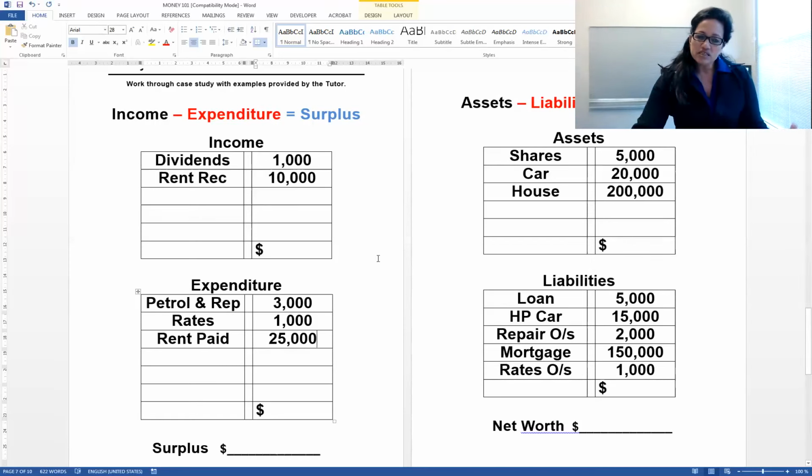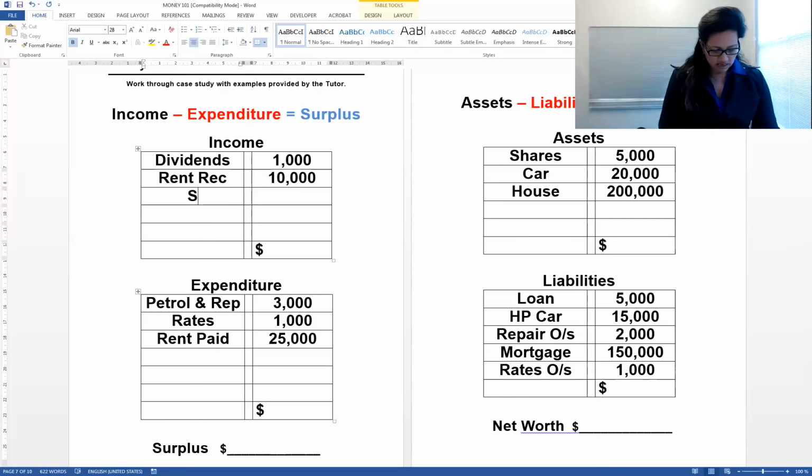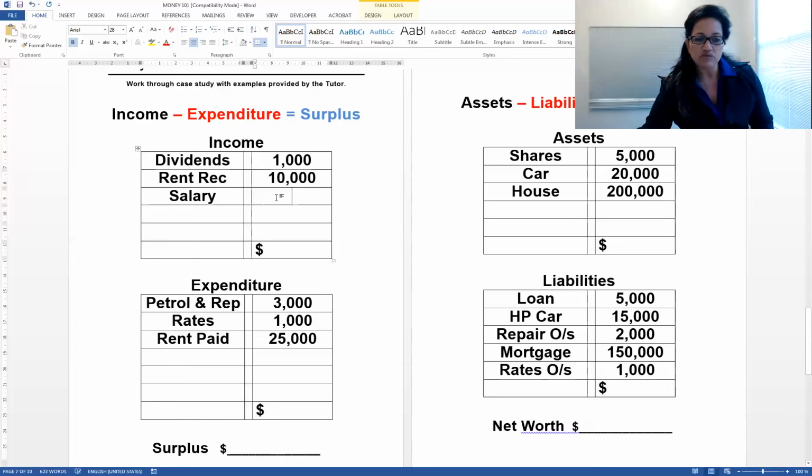So we're just recording all these bits for Hariata. Just a couple more bits that she's recognising too. Three or four bits. We've got her salary. She's in Auckland, she's working, and she's on a salary. She's on a $60,000 salary. She's worth way more than that. At the moment, her salary is $60,000. So let's put salary in under income. We know she's receiving $60,000.